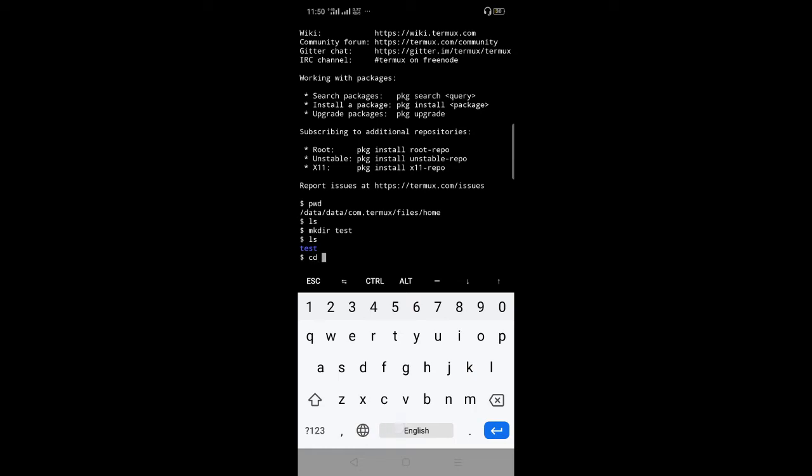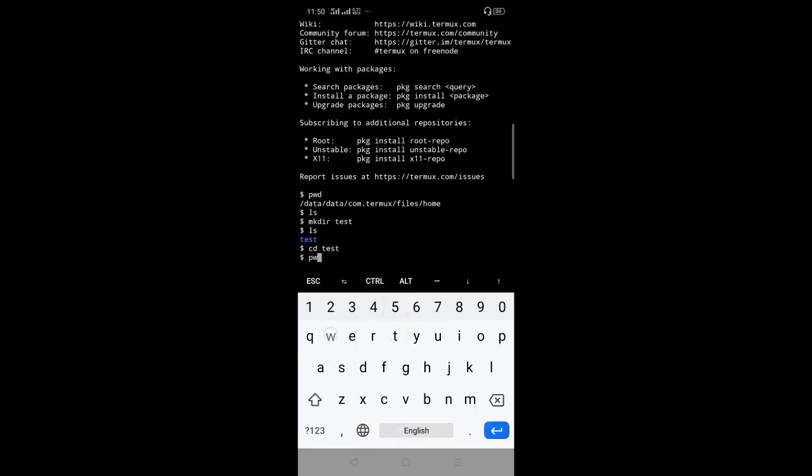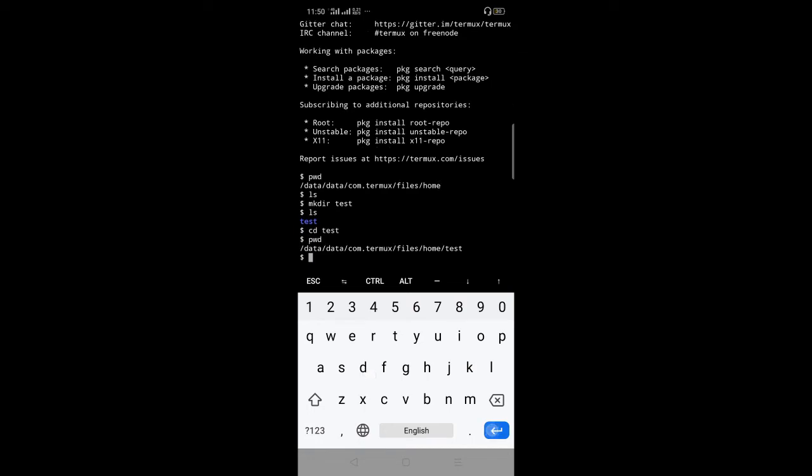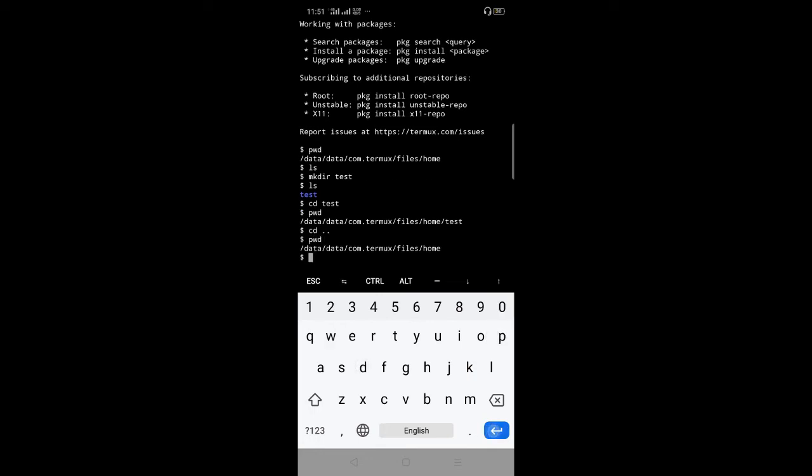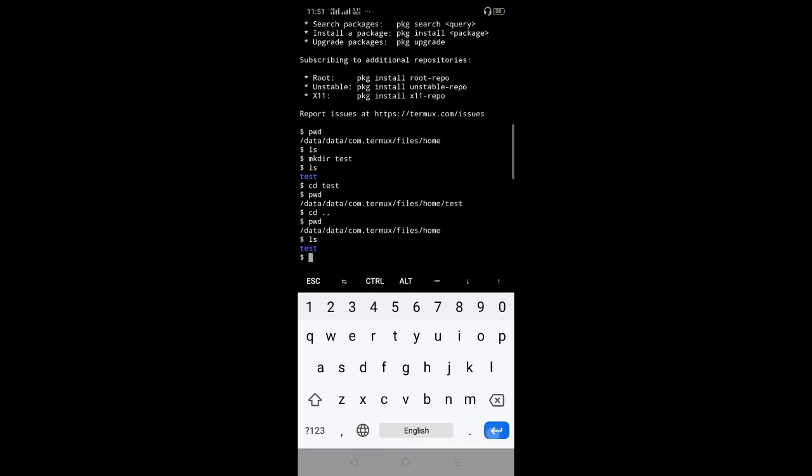You can also change directory to the test folder and again pwd. Now you are in the test folder. If you want to go back, simply type cd .. and here, now again pwd, and we are currently in the home directory, and ls.